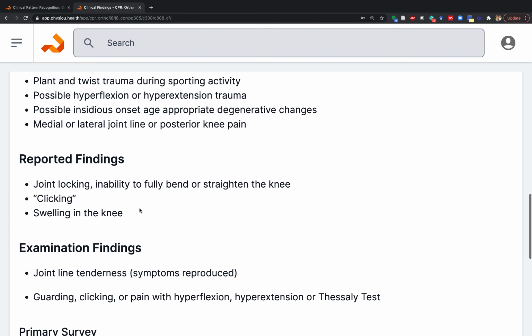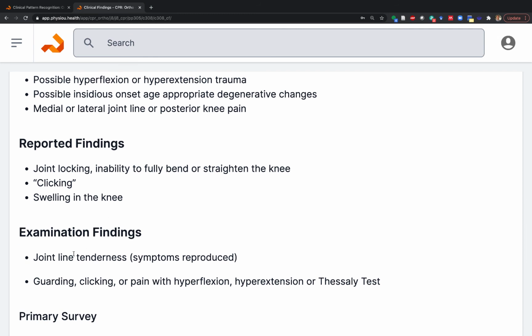And the things that they tell you, joint locking, inability to fully bend or straighten the knee, clicking, swelling in the knee, these are all things that you should be listening for in the subjective exam. And when you go about your exam, we're often looking for palpating joint line tenderness, looking for guarding, clicking, pain with hyperflexion or hyperextension, and then primarily your Thessaly test or your McMurray test. Okay, so